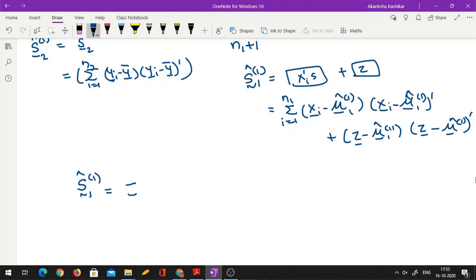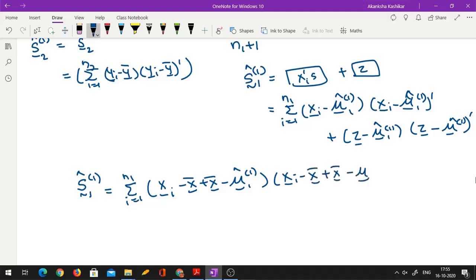Let us try that. Summation i going from 1 to n1, xi minus mu1 hat into xi minus mu1 hat prime becomes xi minus x bar plus x bar minus mu1 hat into xi minus x bar plus x bar minus mu1 hat prime. Here, let me bring in a new observation z, which follows np with some unknown mean, let me call it mu, and the variance matrix we'll have to assume is the same, because this z comes from either the first population or the second population. This term I'll keep as it is, because anyway it is not part of the usual CSSP matrix, so right now I don't need to change it. Okay, so we want to develop a rule based on these n1 plus n2 observations, to put z into one of the two groups. So the first term, let us simplify further.